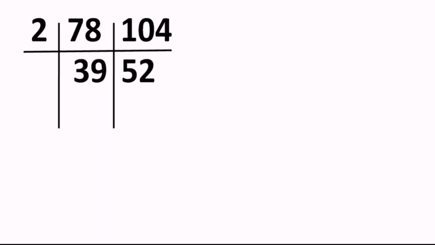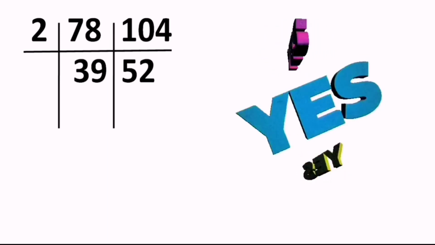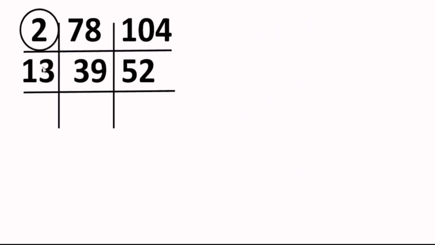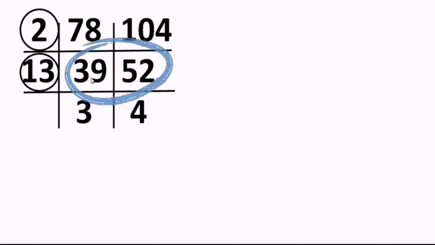That makes our calculation faster and easier, and if you have learnt it, then I'm damn sure that you must know these 39 and 52 are divisible by 13, right or not? Yes. 13 3s are 39 and 13 4s are 52. Now boys and girls, if you observe the LHS now, presently I have encircled number 2 because 2 is the number which is dividing 78 also and 104 also, both the numbers. Now 13 also I must encircle because 13 is dividing 39 also and 52 also.